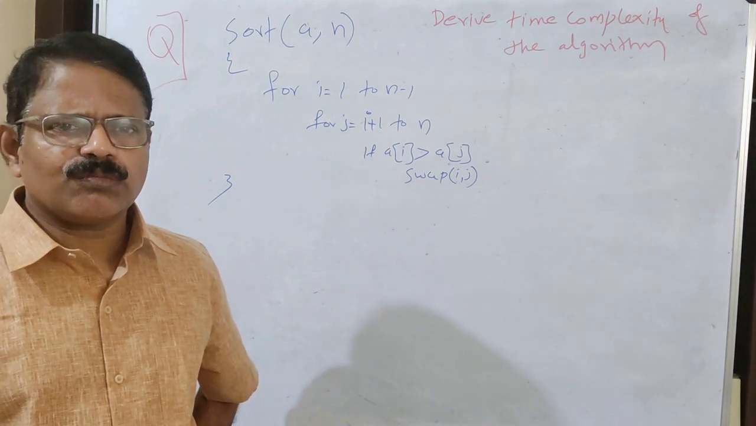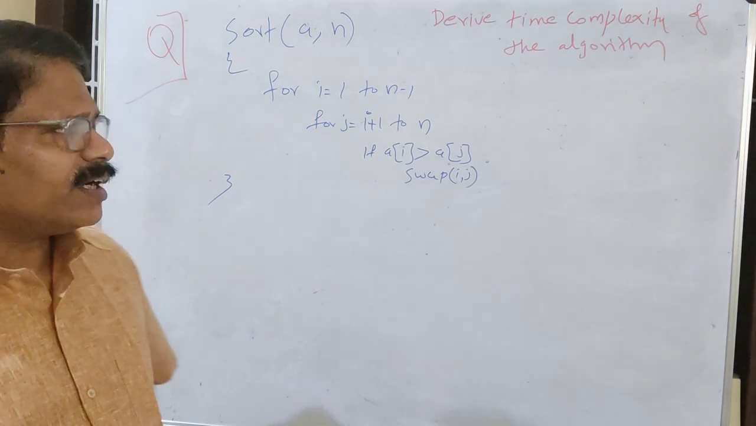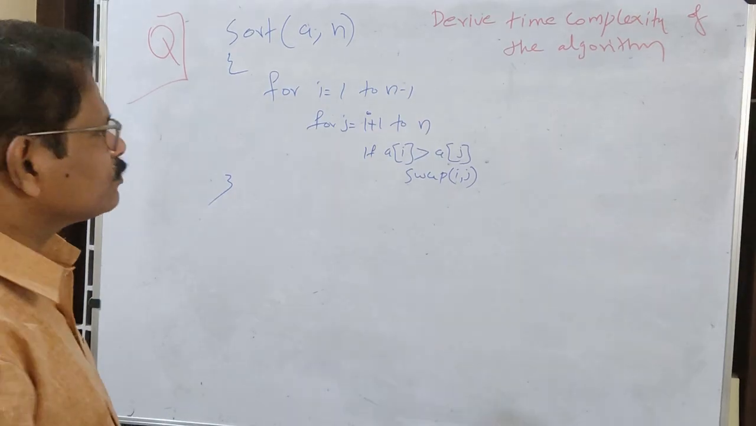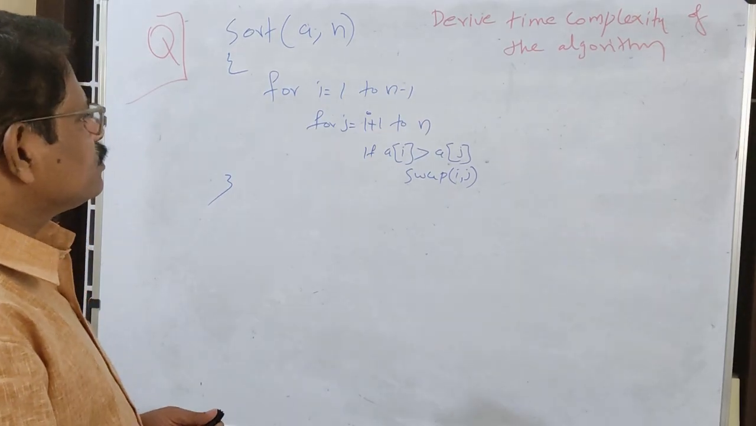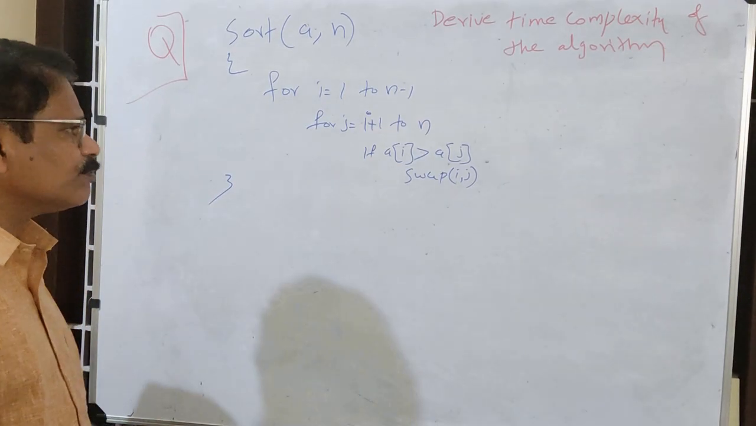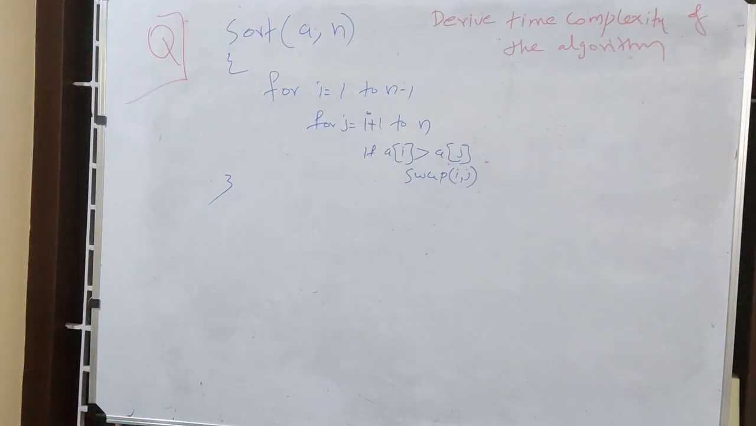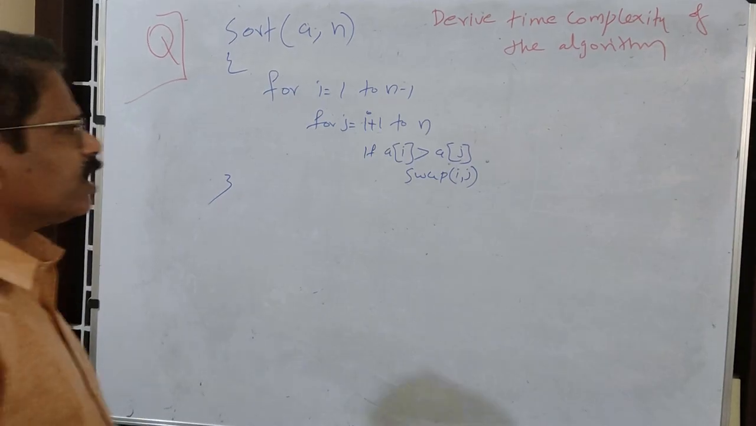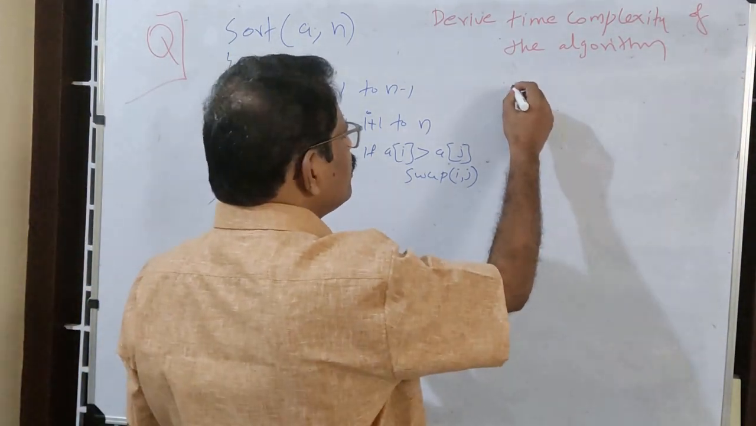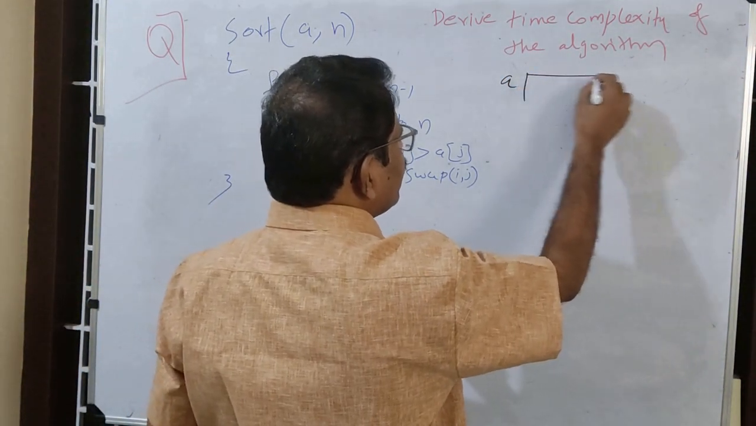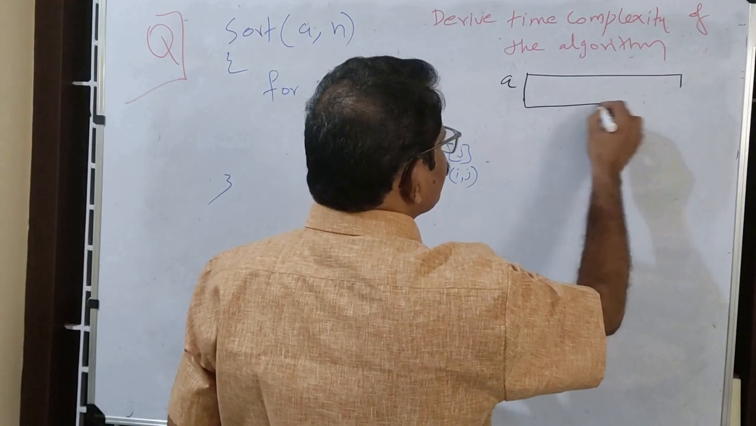Derive the time complexity of the given algorithm. This is an algorithm to sort an array in ascending order. Okay, let us assume our array A is this one